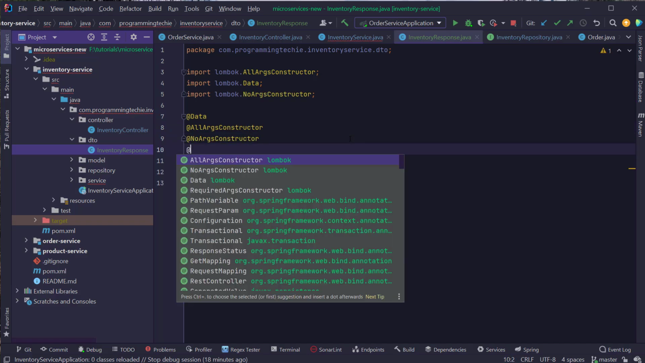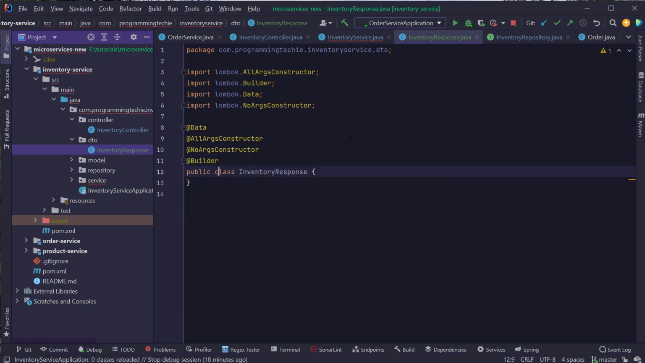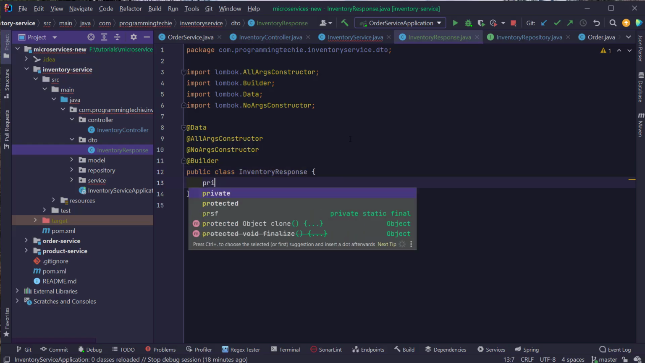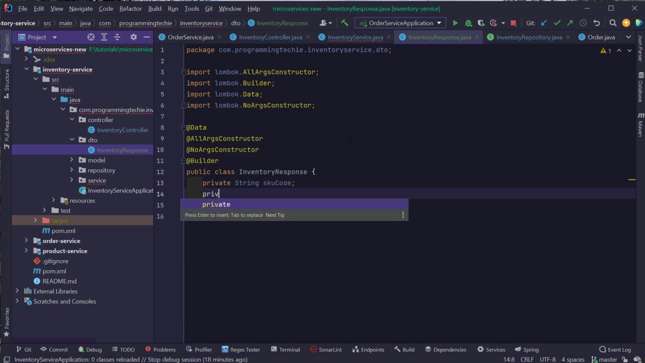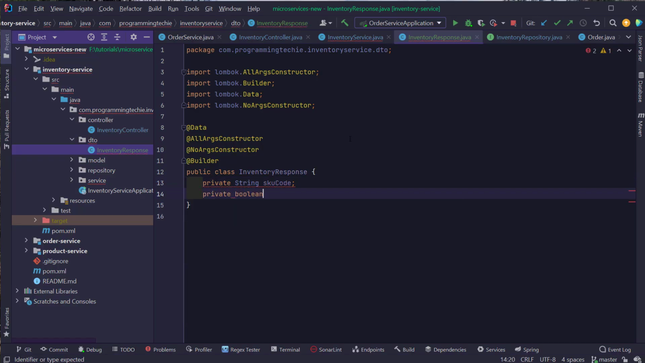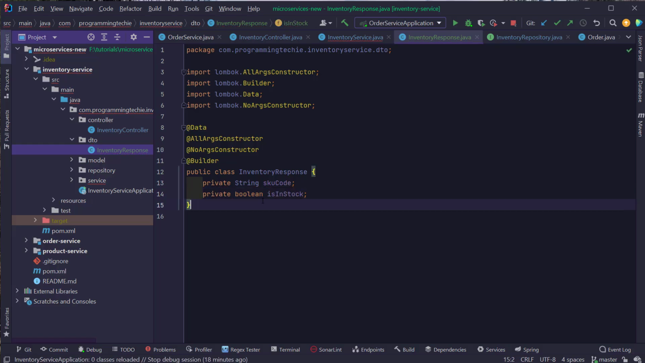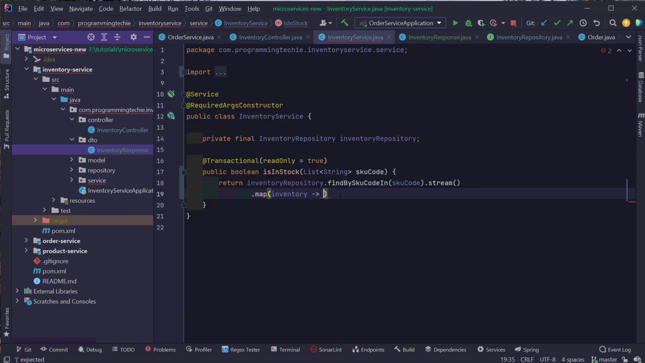I'm also going to add the builder annotation, and inside the inventory response I'm going to have two fields: private String skuCode and private boolean isInStock. We are going to store the information about the SKU code and whether the SKU code is in stock or not. Go back to the inventory service, and inside the map